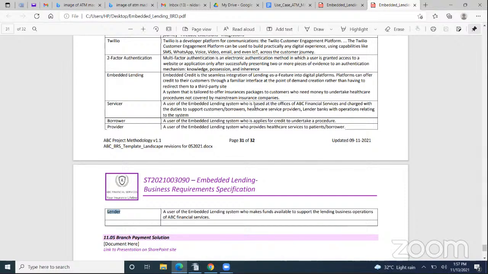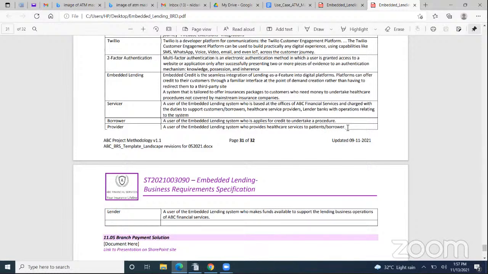So the servicer being a user of the embedded lending system who is based at the offices of ABC Financial Services and charged with the duties to support customers and borrowers, the healthcare service providers, the lending banks with operations-related difficulties. Then the borrower, being a user of the embedded lending system who is applying for credit to undertake a procedure, and the provider being the user of the embedded lending system who provides healthcare services to patients.